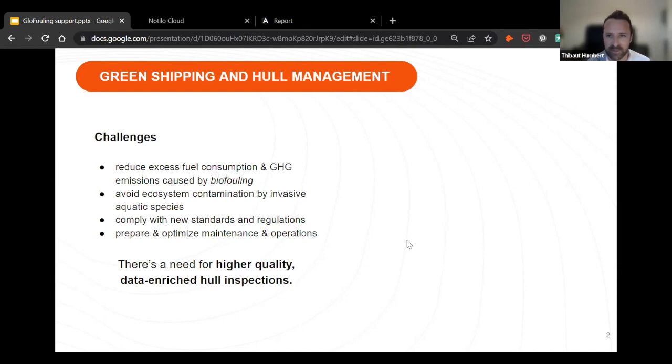And by 50% up to 2050. And we know there's a direct link between high biofouling levels and excess fuel consumption, and therefore greenhouse gas emissions. So whatever can be done at the hull level is helpful towards decarbonating the shipping industry. And also it comes with other benefits, like avoiding ecosystem contamination by aquatic species that can be invasive and predatory